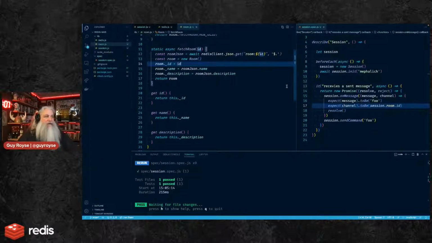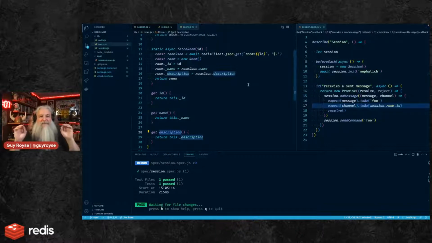One way to do that would be to have just these properties here, just call Redis directly. So instead of fetching room, actually going out and talking to Redis, well, let's refactor this just to show it off. The downside of this is that it's chatty. The upside of it is that it's always current, right?